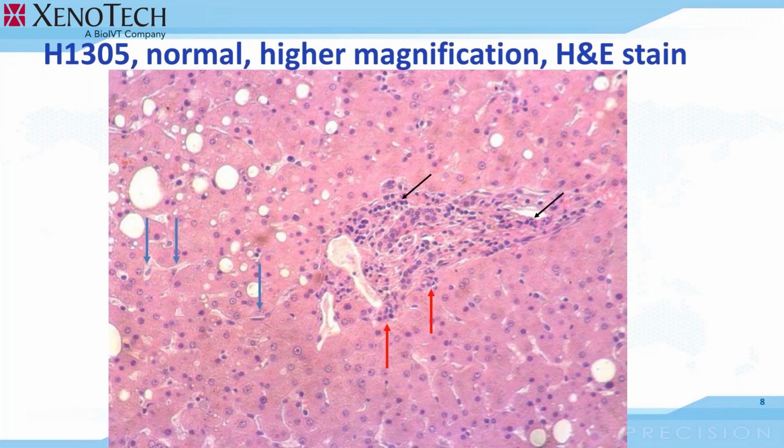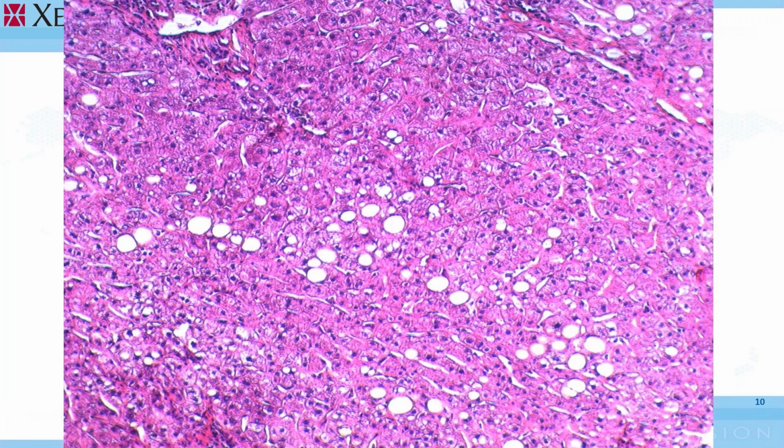With increased accumulation of fat on a background of a picture like this, a fatty liver disease may develop. Initially, it is just steatosis, but it can progress to steatohepatitis, which would be extra fat plus an inflammation. The next slide is of liver from